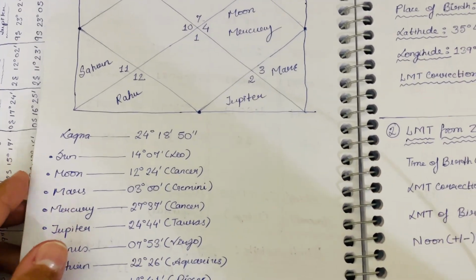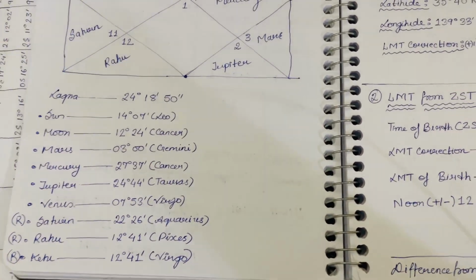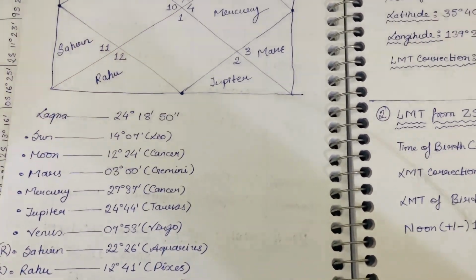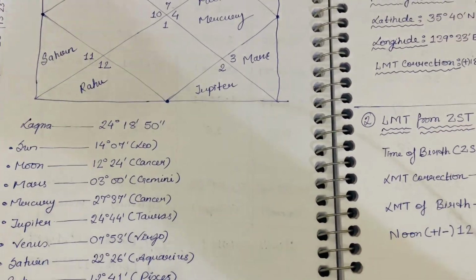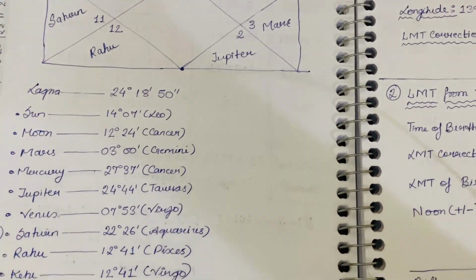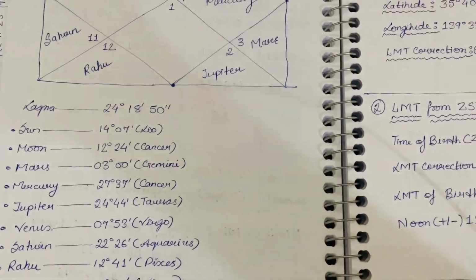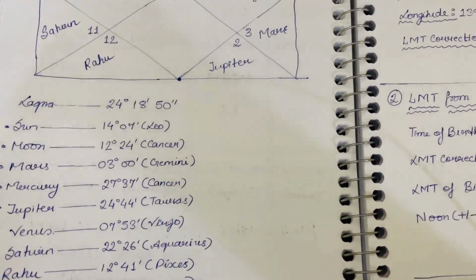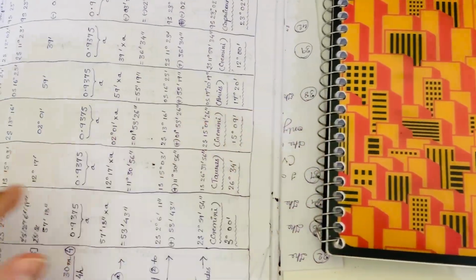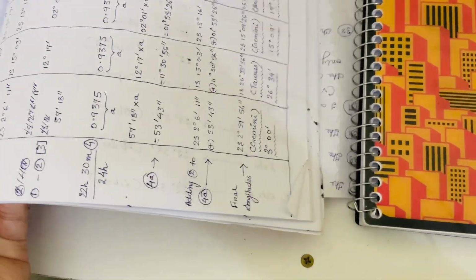So this was our learning of today's class, and I have successfully taught you in detail how you can calculate the planetary positions and the planetary longitudes using the logarithm method. All right. So congratulations for learning this too. Very beautiful. Now one example I have to show to you,